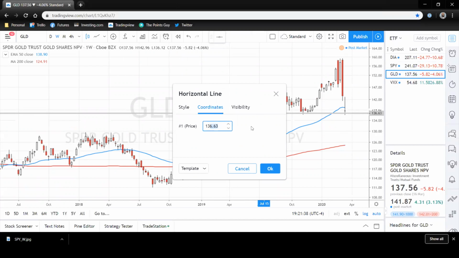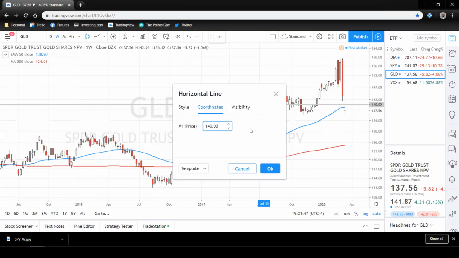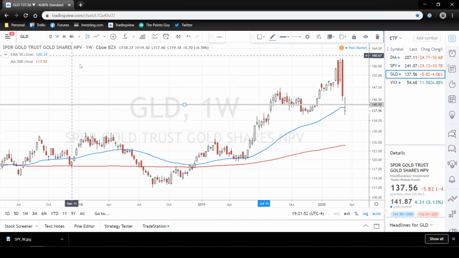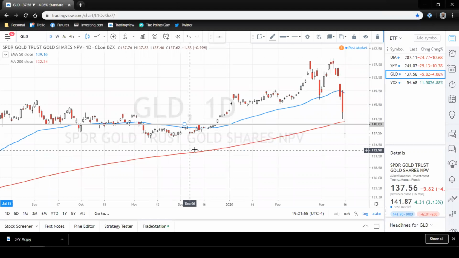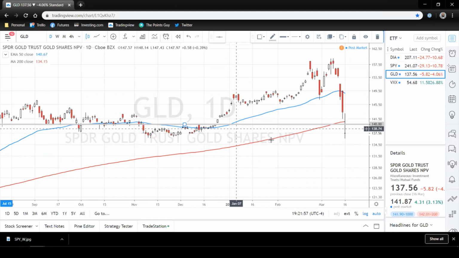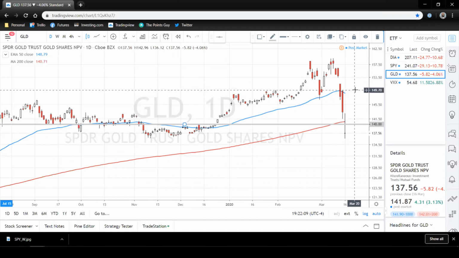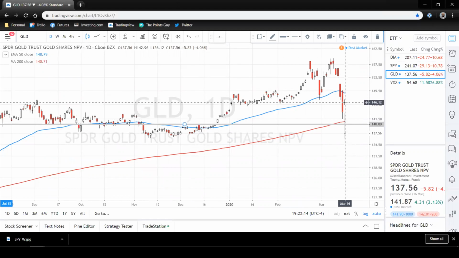To make it easier, let's put 135. Let's keep a whole number. The 140 zone. This level, there is no right way of drawing this, but the goal is if it trades or closes above 145, chances are we will see this rise up to possibly 150. I think that's a nice risk reward if it were to close above that. But until then, we won't be doing anything.